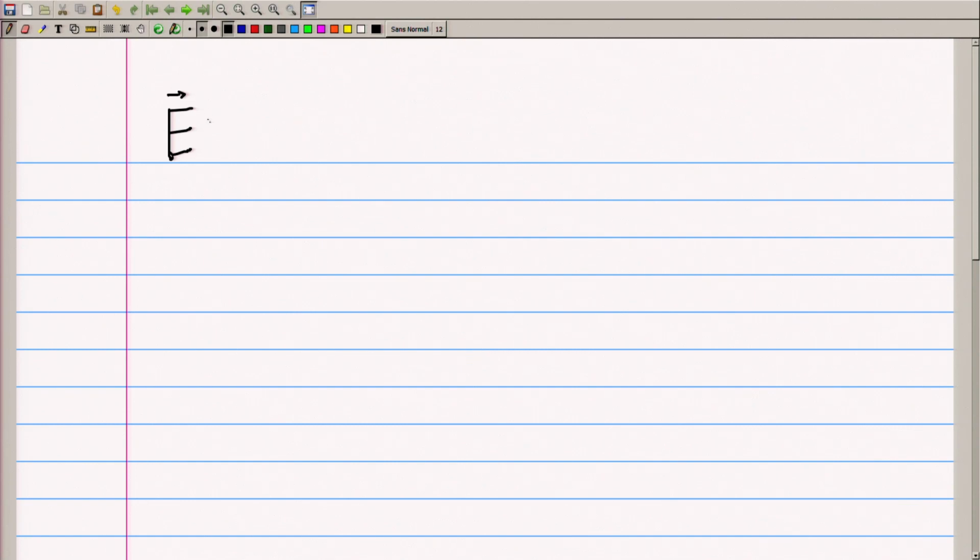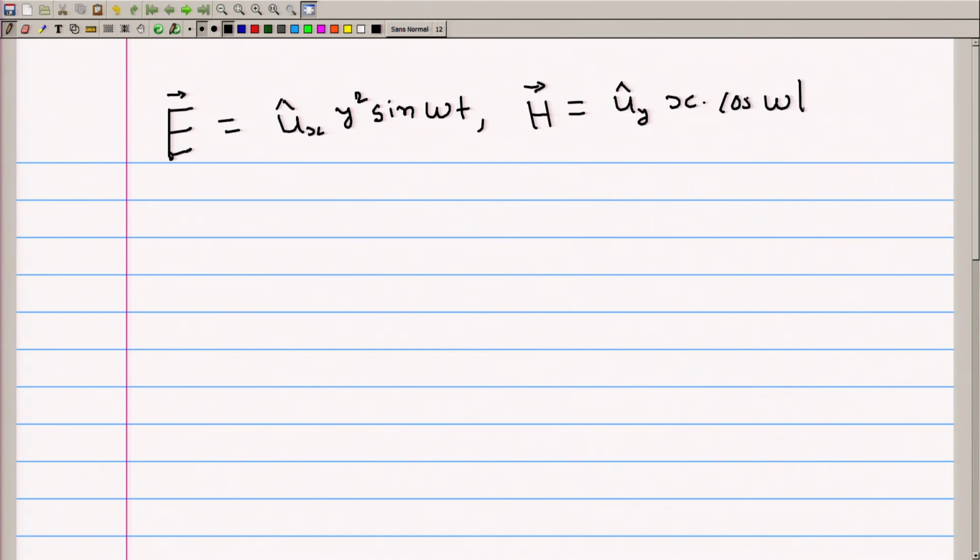So, here the vector electric field is given as ux y squared sin omega t, and the vector magnetic field is given as uy x cos omega t. So, to find the total electric current density Jt, we can find it by Jt equal to